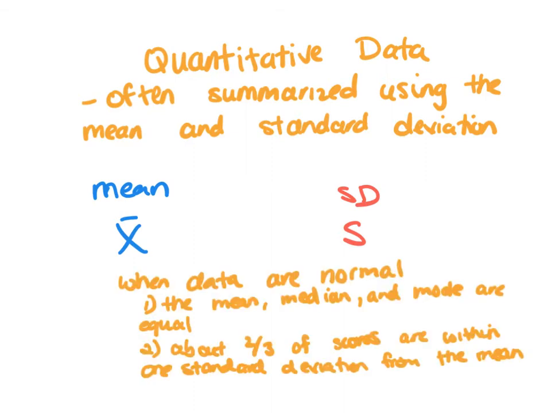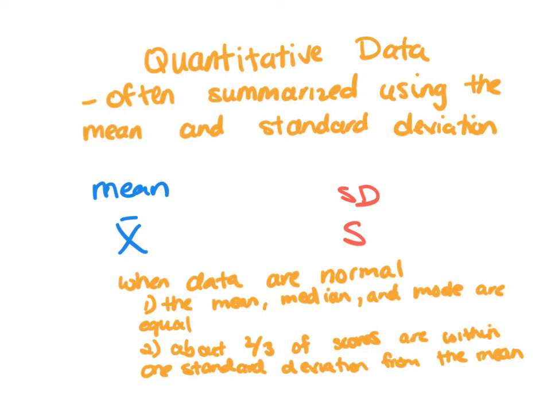You may have heard of quantitative data referred to as normal before. This has a very specific meaning. When we say data are normal, several things are true. I'm going to focus on two of those things for now. First, when data are normal, it indicates that the mean, median, and mode are all either equal or very close to being equal. That means the mean, median, and mode are the same or very similar numbers. In addition to this, about 2/3 of scores are expected to be within one standard deviation of the mean when